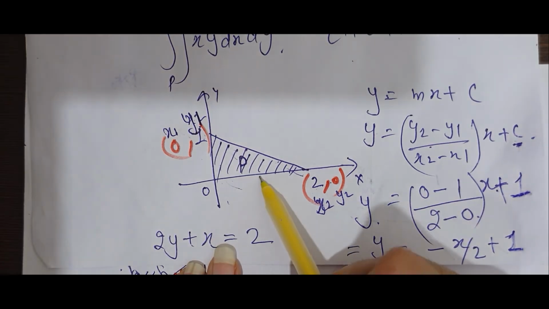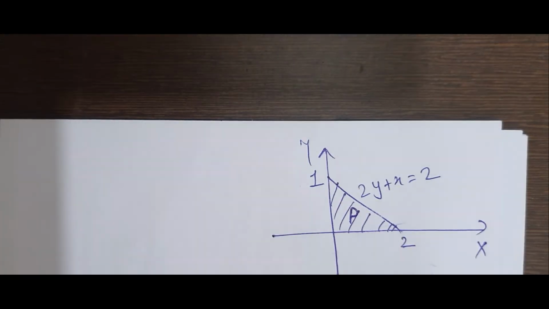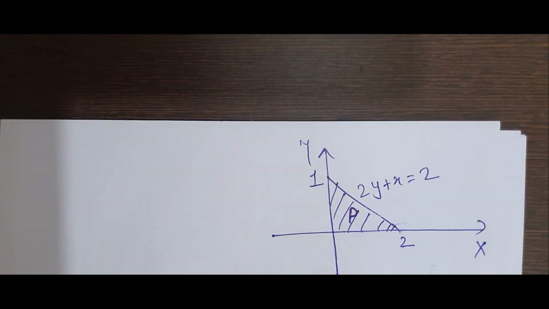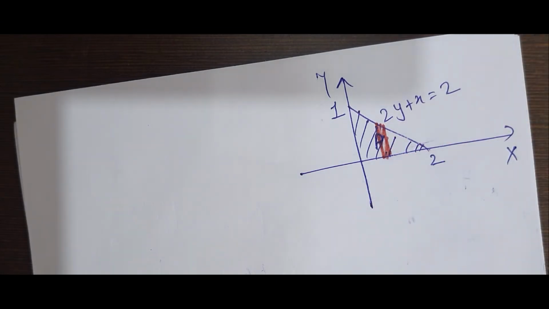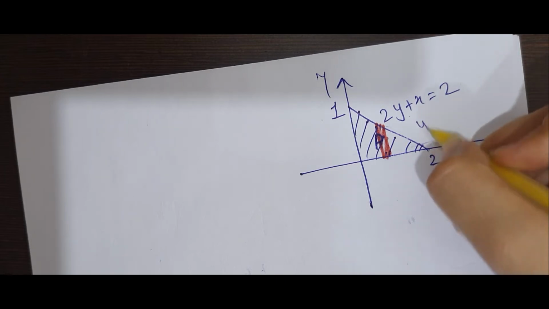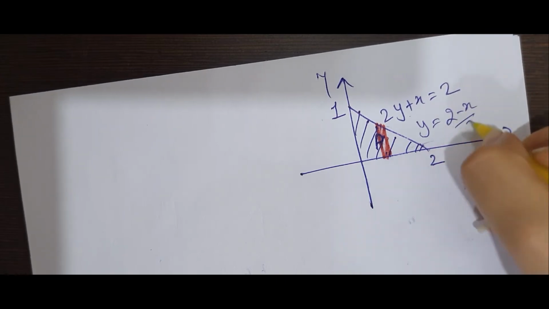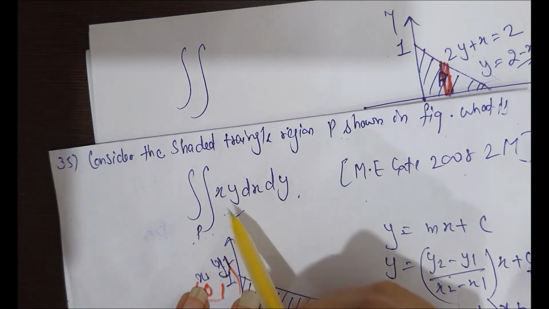As this is a graph, I draw it again. This is the equation of a line of this graph. If we take a vertical strip, it means that y will be variable. If y is variable, find the value of y from this equation. Here the function is this. We just need to find the limits. Write the function.